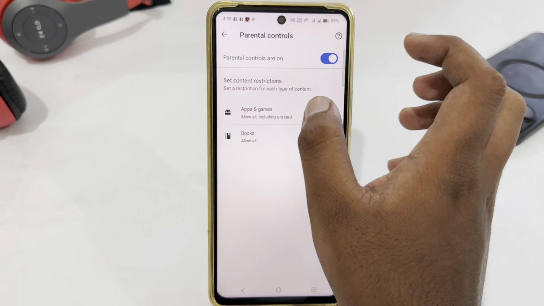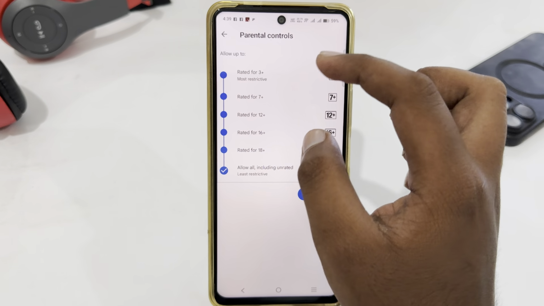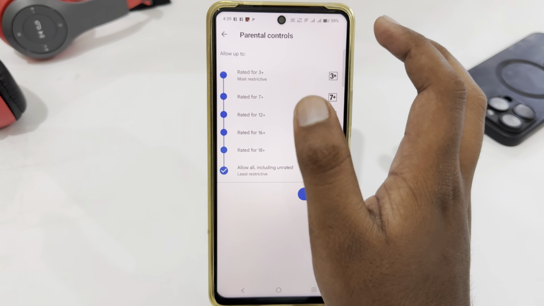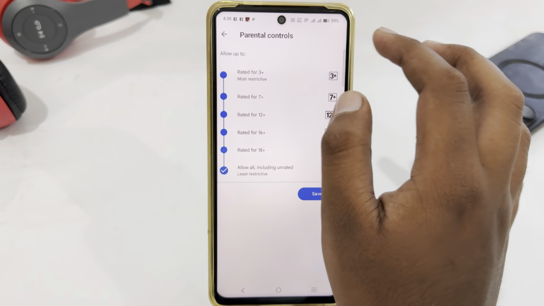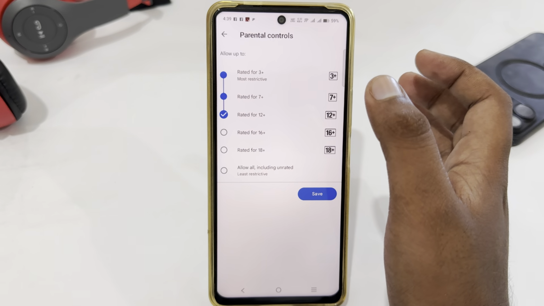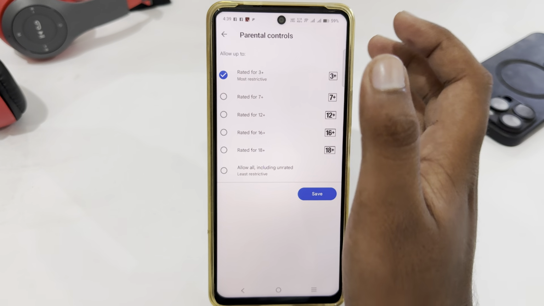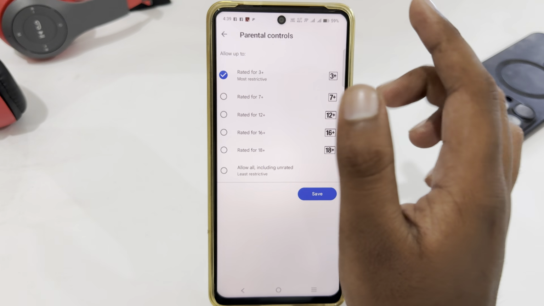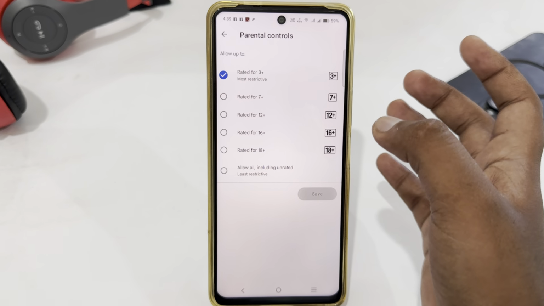Now you just have to select apps and games, tap on it, and here in the setting you just have to select which ones you want to remove or hide. As I'm going to select 12 plus, select it, or you can select all of them, rated for 3 plus. In this way many of the apps will be hidden from your Play Store app. Then tap on save,